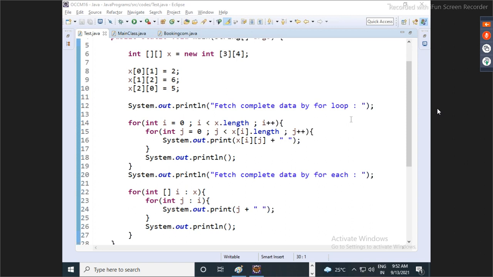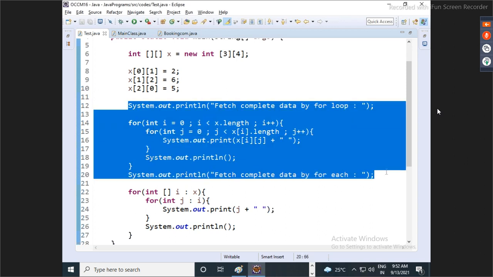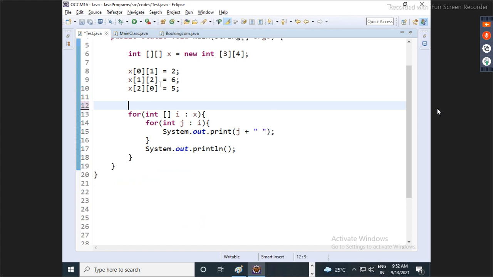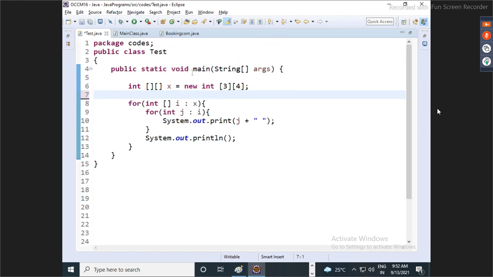Now, similarly, how will we make a two-dimensional array without the new keyword? So now observe here, guys. I'll just remove this. Now, we are going to deal with a 2D array without the new keyword.